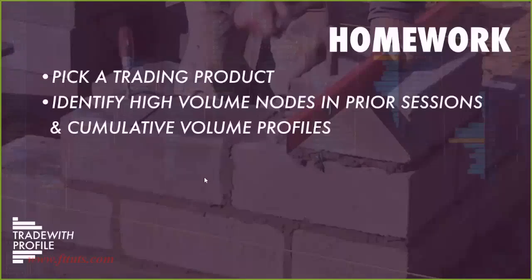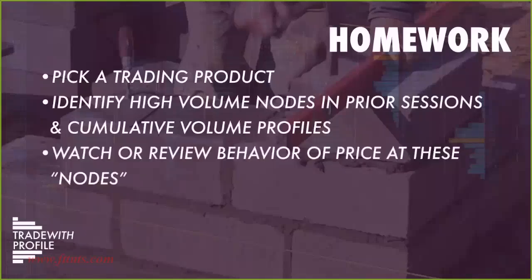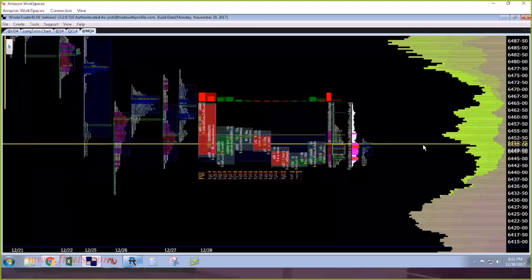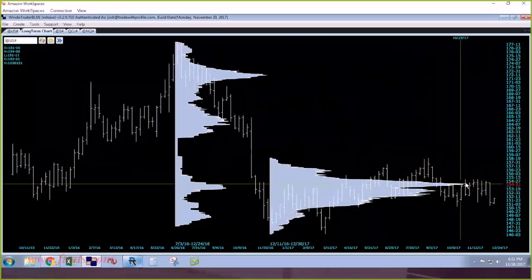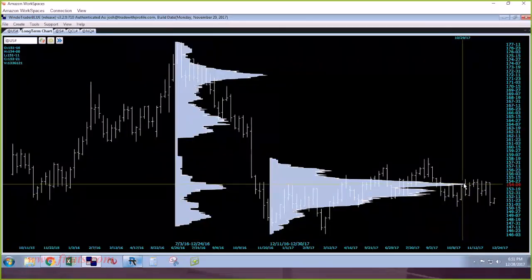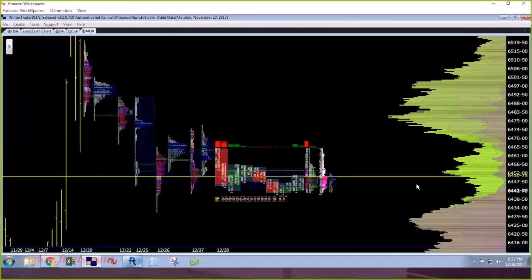And so you're going to identify high volume nodes in both prior sessions and cumulative volume profiles. And then you're going to watch and review the behavior of price at these nodes. This is key: how price behaves at these specific high volume nodes. And again, when I'm talking about a high volume node, it's when I look at a composite auction, or I look at this long term. If I come into these areas where there are high volume nodes or low volume nodes, it's very, very insightful what price does around these,